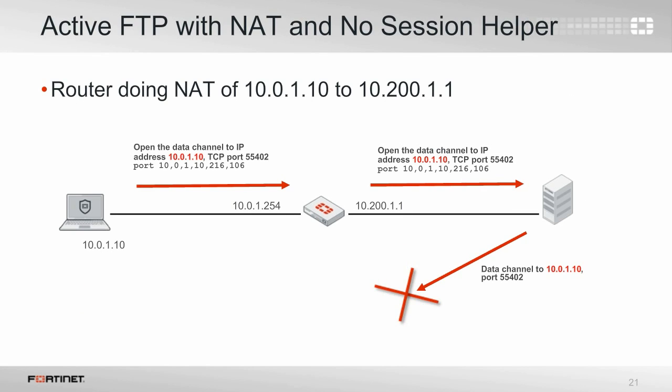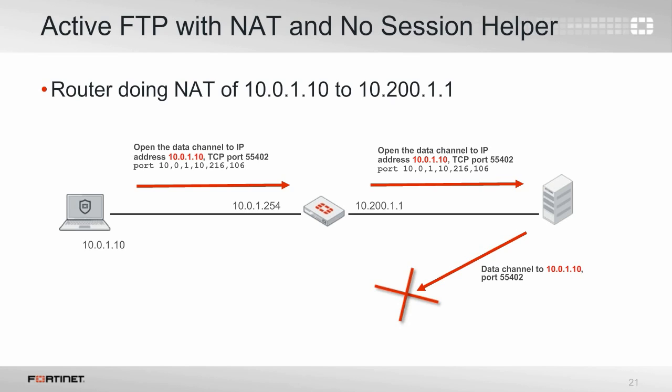Active FTP won't work if the control channel crosses a network device doing NAT that does not have a session helper. In this example, an FTP client is connecting to an active mode FTP server. There is a router in the middle doing NAT of the client IP address 10.0.1.10 to the NAT IP address 10.200.1.1. After the control channel is up, the client sends the port command with its IP address